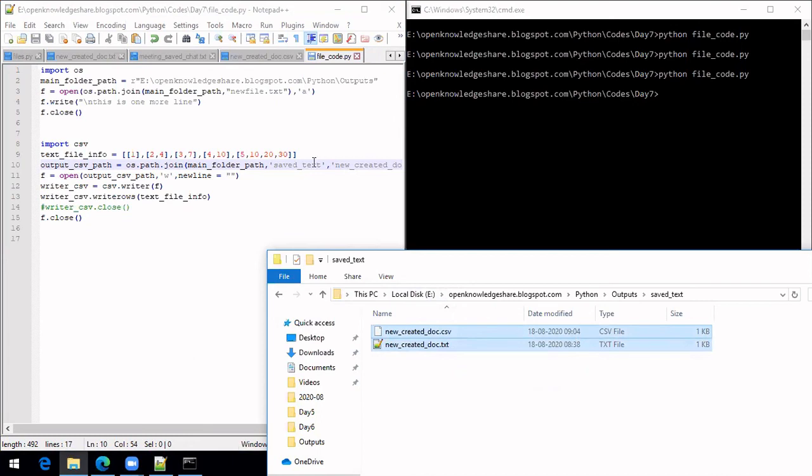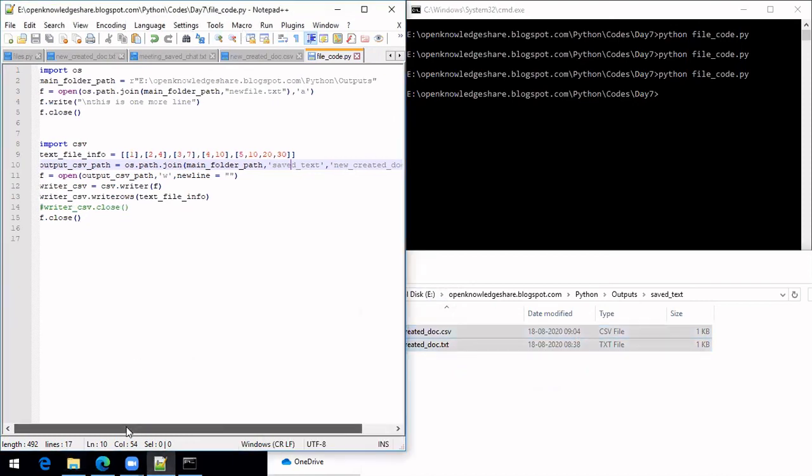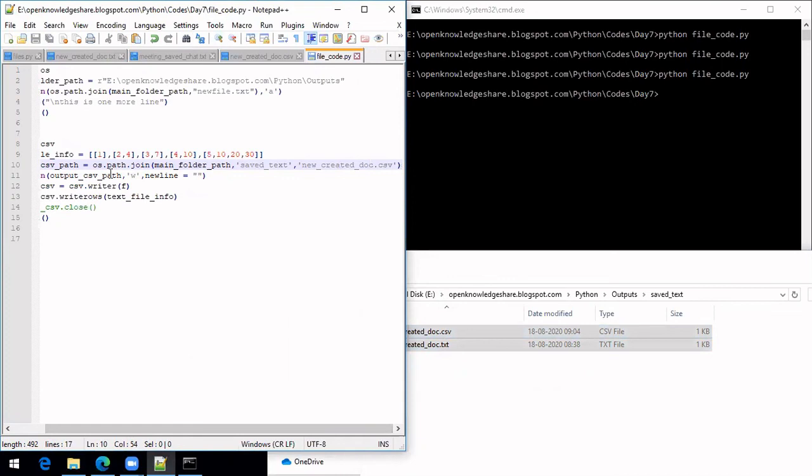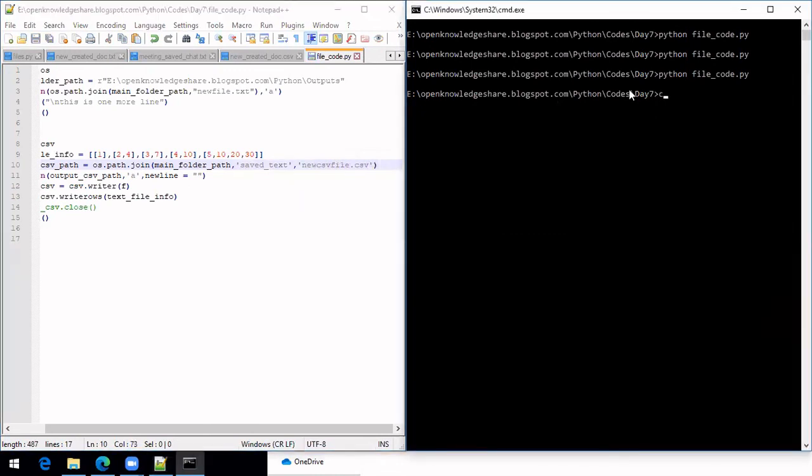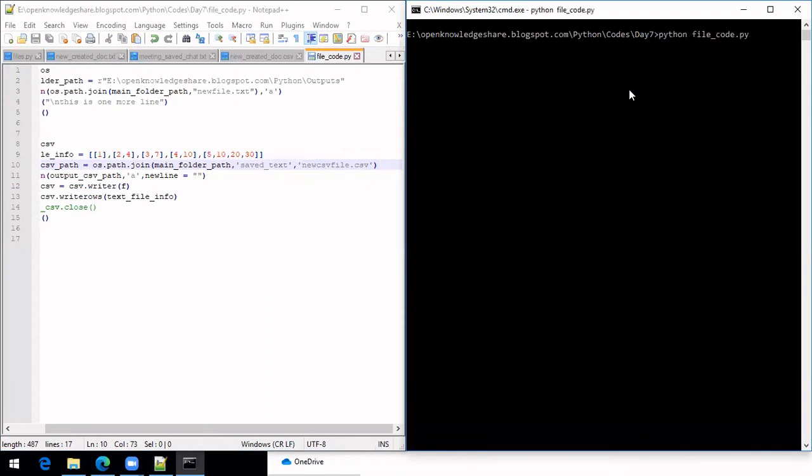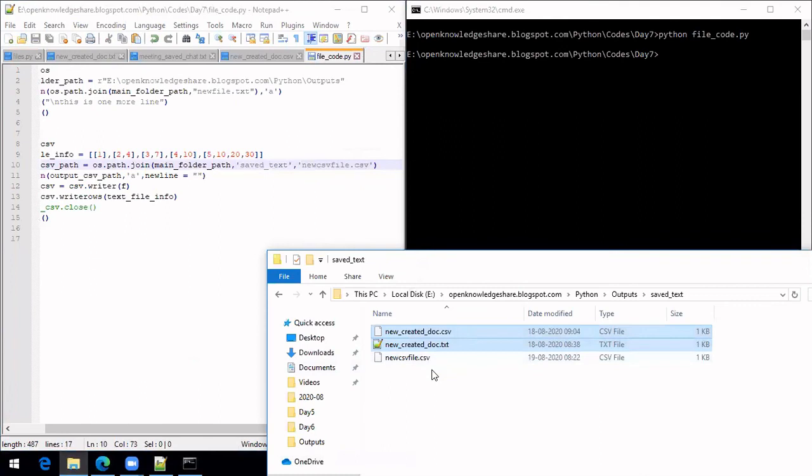Even here, the same thing exists: you can do the append. Instead of write, just put append, and let me create a new one, new CSV file dot CSV. Let me run it. It has created this new CSV file.